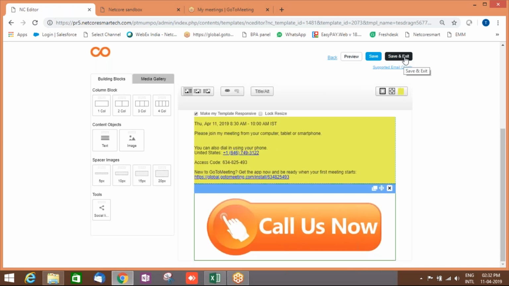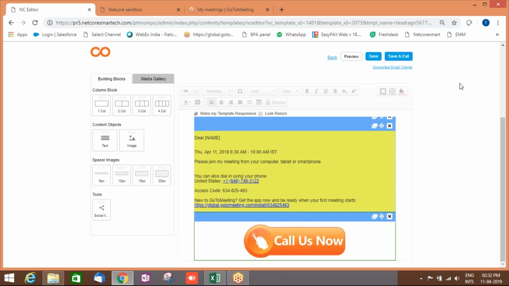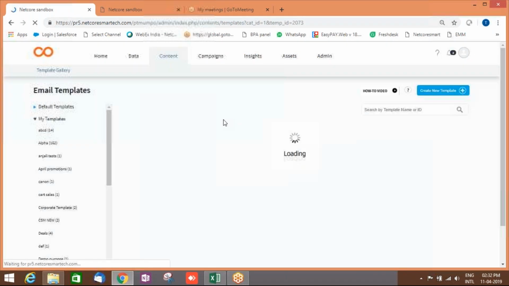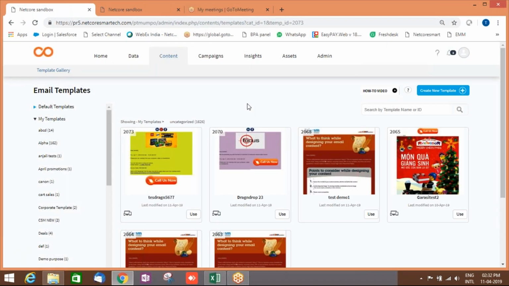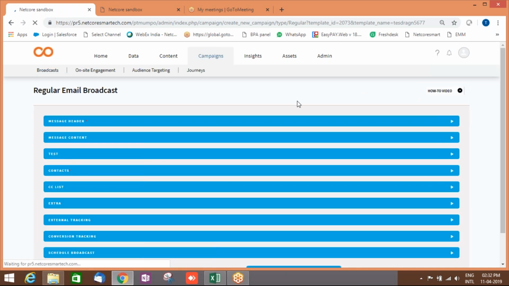And then you can click on save exit. If you want to reduce the size, you can do that also. You can align it, save and exit. Now let's say once your template is ready, you can just click on the use button over here. That will take you to the campaign page